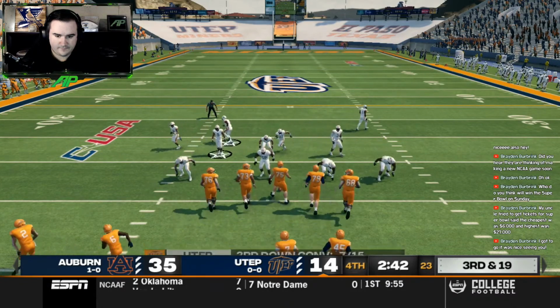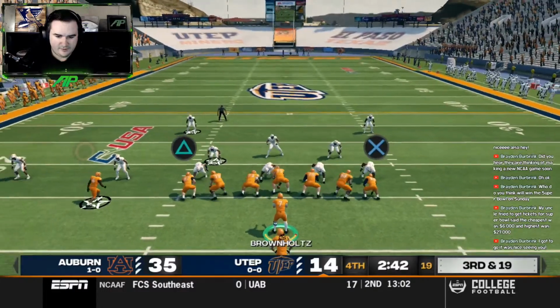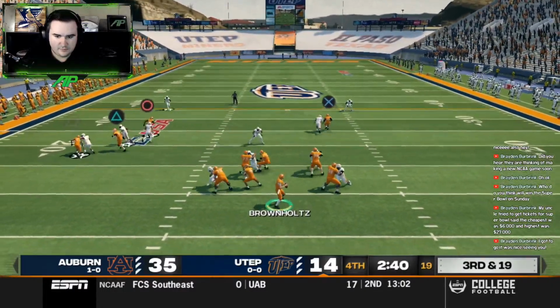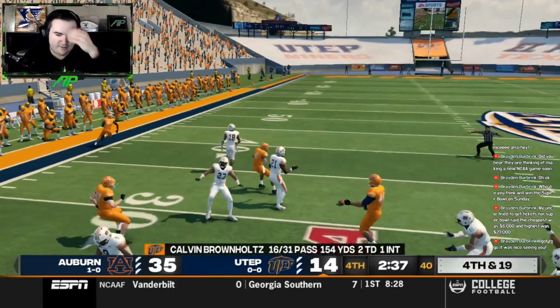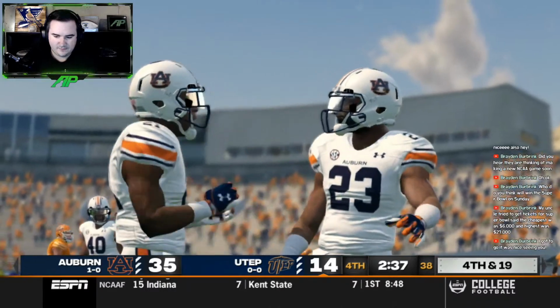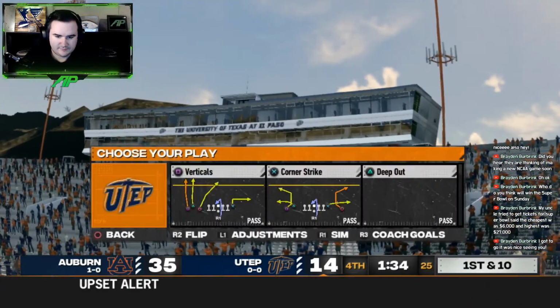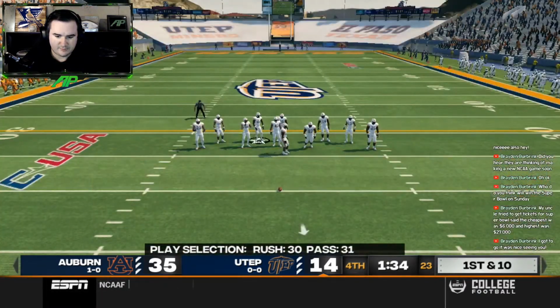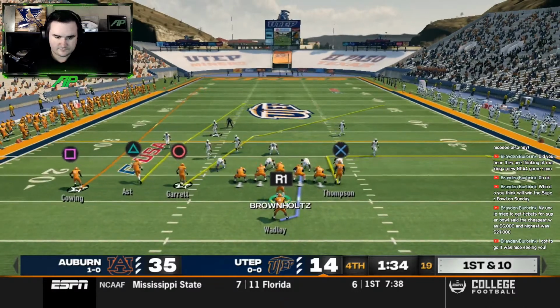From their own 16-yard line. 3rd down. 3rd and 19. And that is going to be jumped by the safety, but he drops it. But that is not going to be anything like we wanted it to go. But we got the ball back. Was able to stop this offense short on 4th down last time. Let's see what they do this